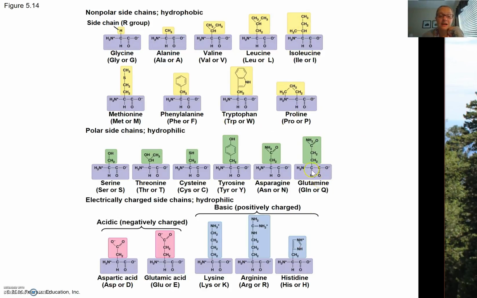Down here, you're going to have your hydrophilic amino acids, ones that have a lot of oxygens or nitrogens to sort of make sure that the electrons are not shared equally and you have that charge separation. Down here, you have your basic or your positively charged amino acids. Remember, with the amino group, they can act as